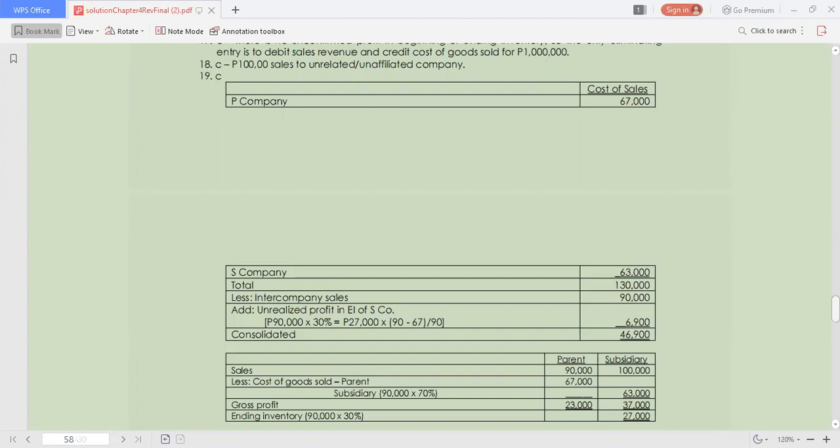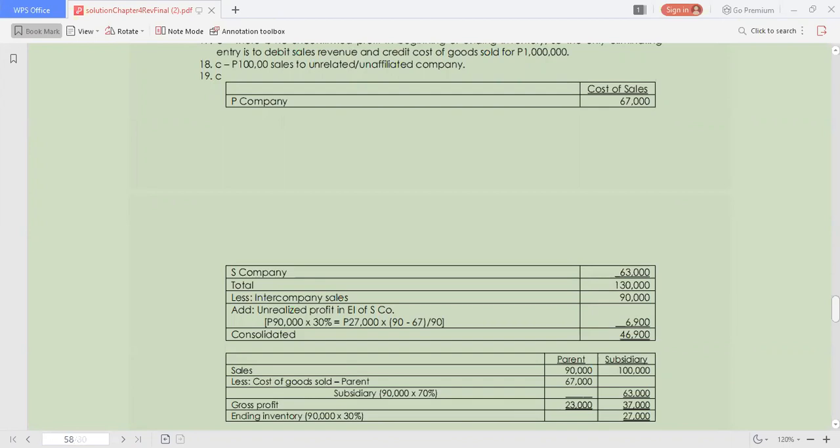There's still a remaining 30%. On December 1, 2024, for 100,000. So meaning the cost is, if we have 90,000, we multiply it by 70%, it's 63,000, and it was sold for 100,000. Scrooge produced inventory sold to Pilfer for 67,000. So if the companies had no other transactions during 20x4, what amount of sales will be reported in the